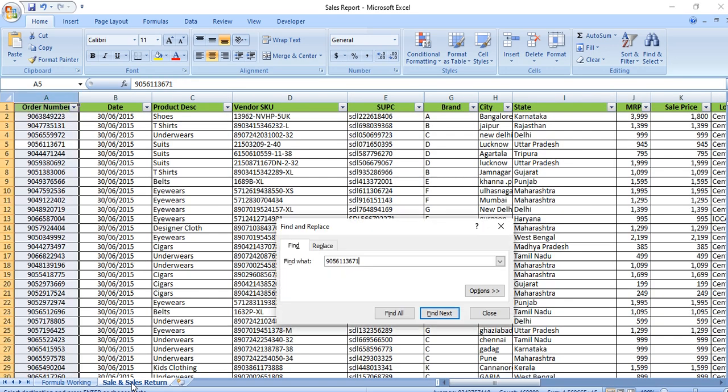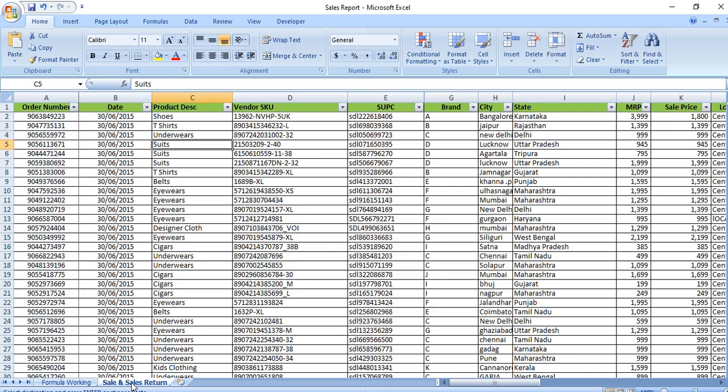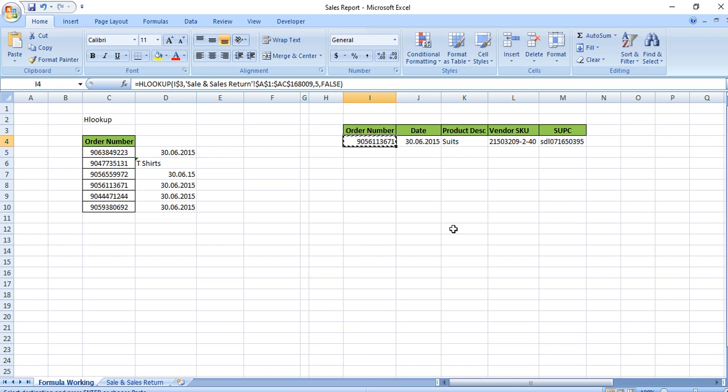Search. So this is suit, and this is vendor SQ, and this is 395, so 395. So that's how HLOOKUP is working, right? It is also a great formula. It means the requirements change. Sometimes in reports you need the values of rows, sometimes you need the values of columns, so accordingly you can